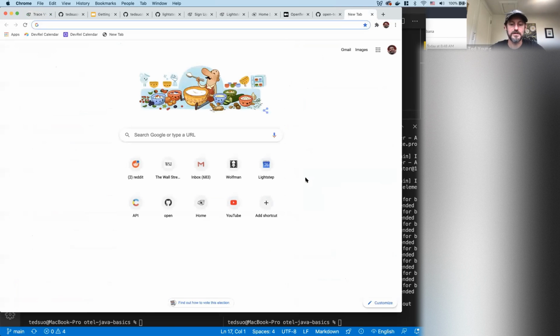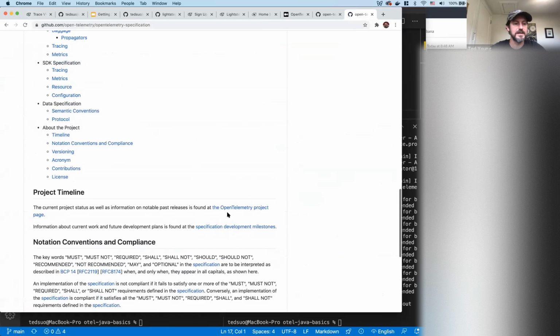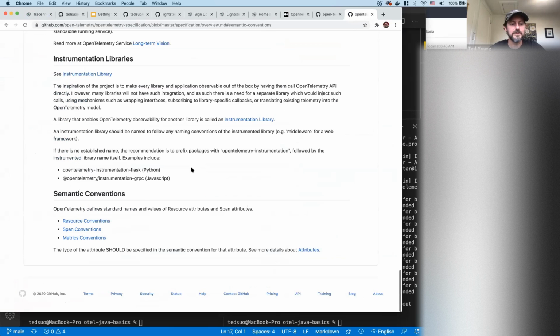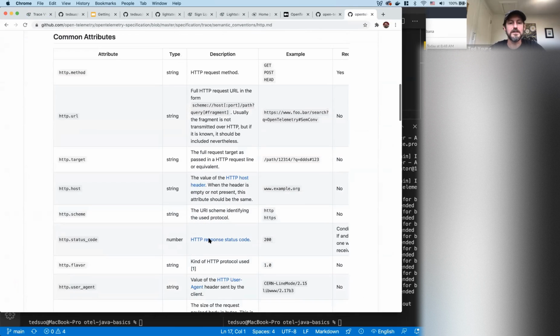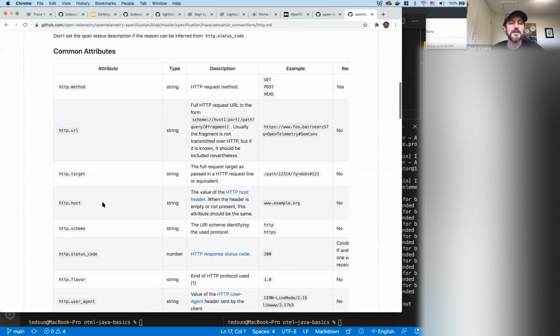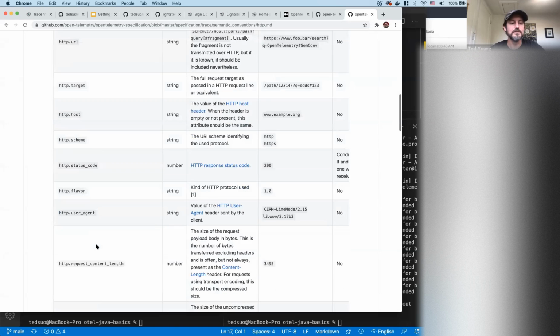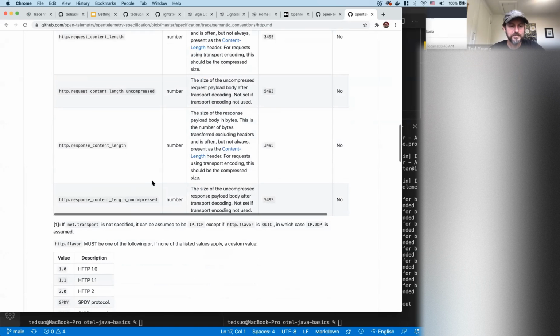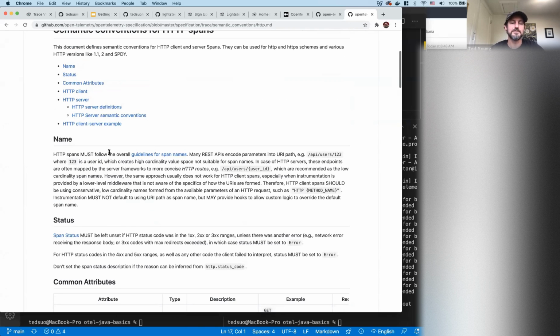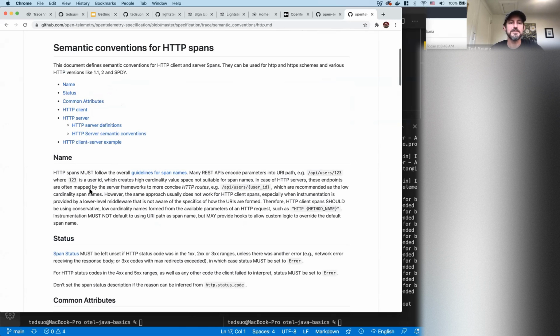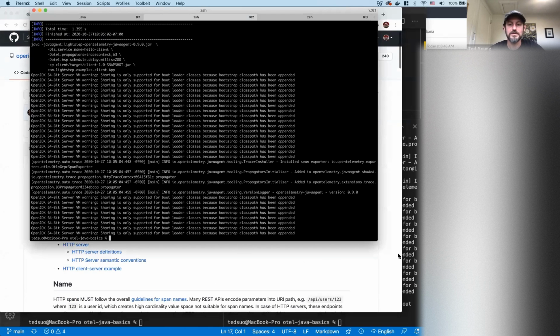And so if you go look at the specification, you'll see that we have what we call semantic conventions. And these semantic conventions basically describe how you should observe these common operations. So if you're writing your own instrumentation, I strongly recommend giving these conventions a once over and using them when you're describing something common, like an HTTP request or a database request, or anything of that nature. Cool.